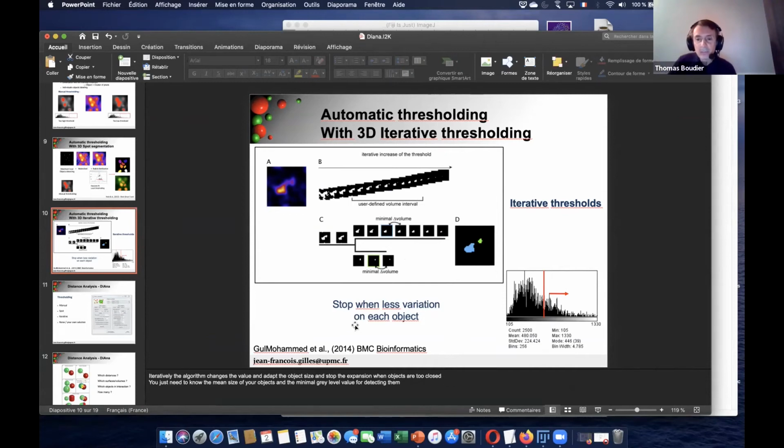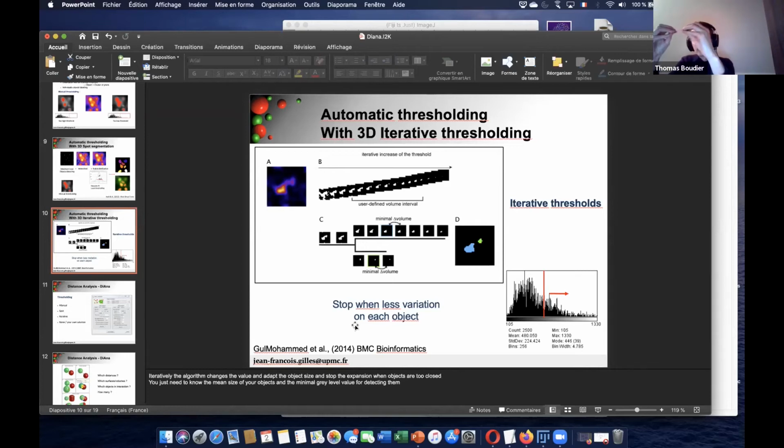So in that case, the three channels outputted, are those based on different criteria, or are they different series? No, it's just in case: with a low threshold, some objects may be merged, with a high threshold they may be separated. If there are two bright objects, with a high threshold they are separated, and with a low threshold they may merge.